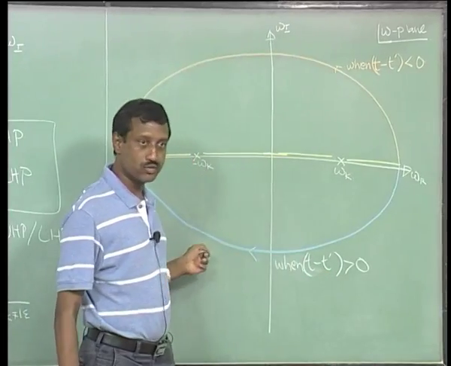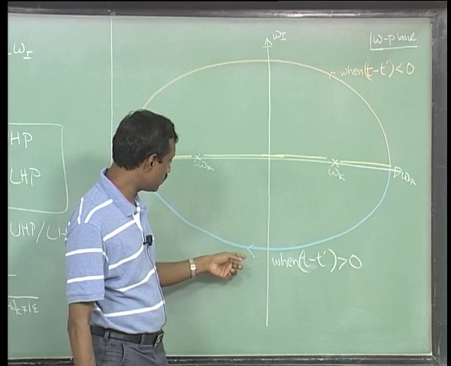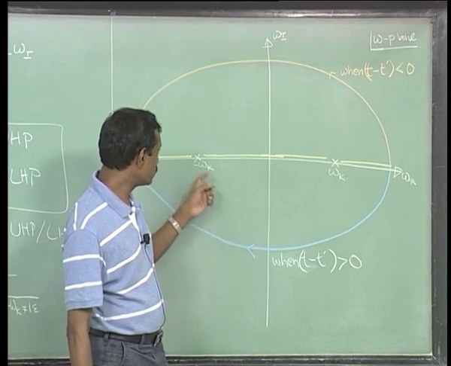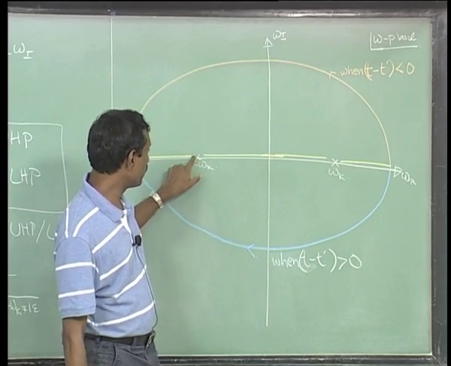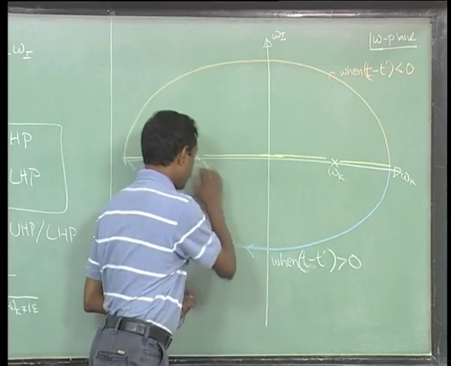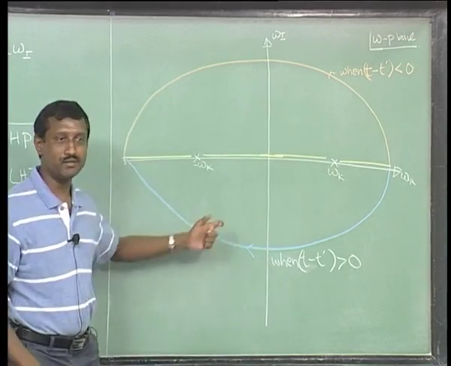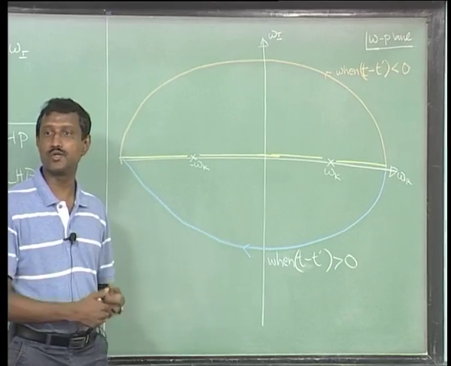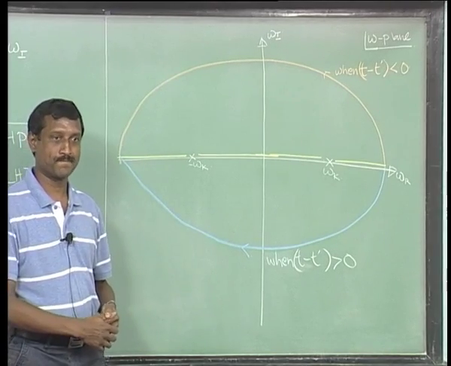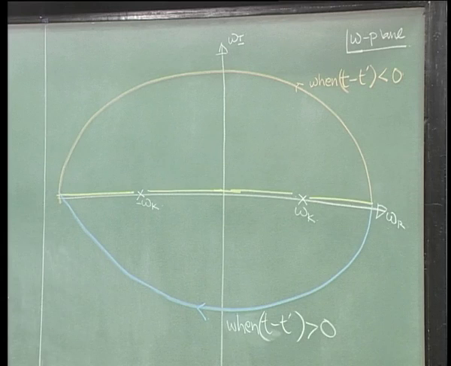We close the contour in the lower half plane. So, if we push both of them into the upper half plane, then there are no poles and the residue is 0. Okay. So, that is what it tells you. So, we see that for the retarded,